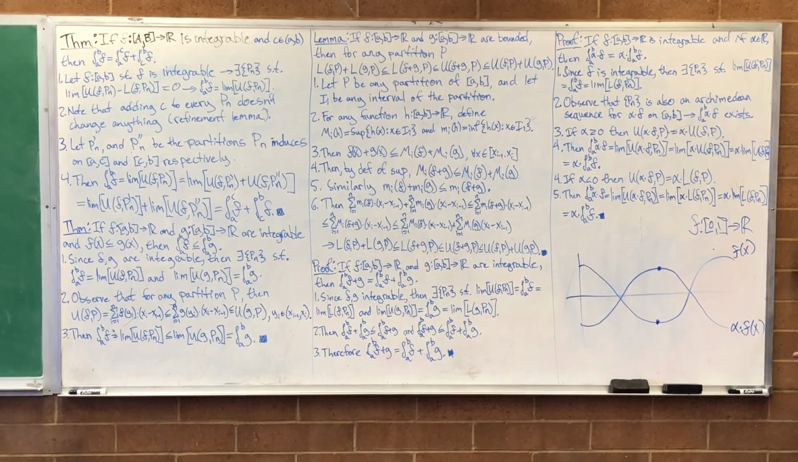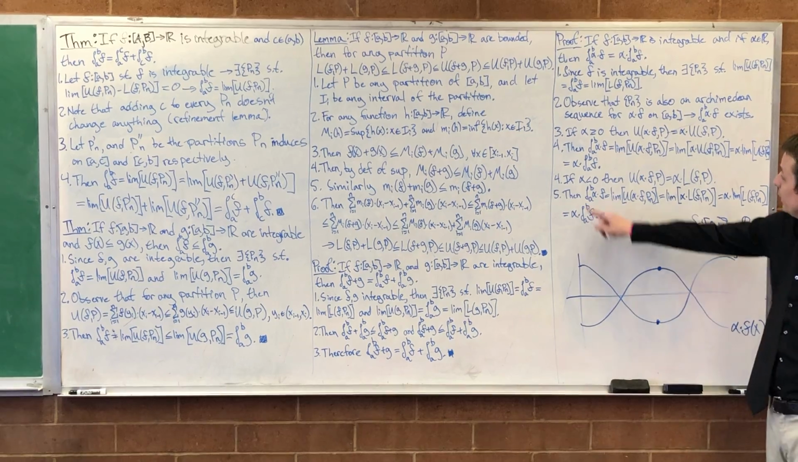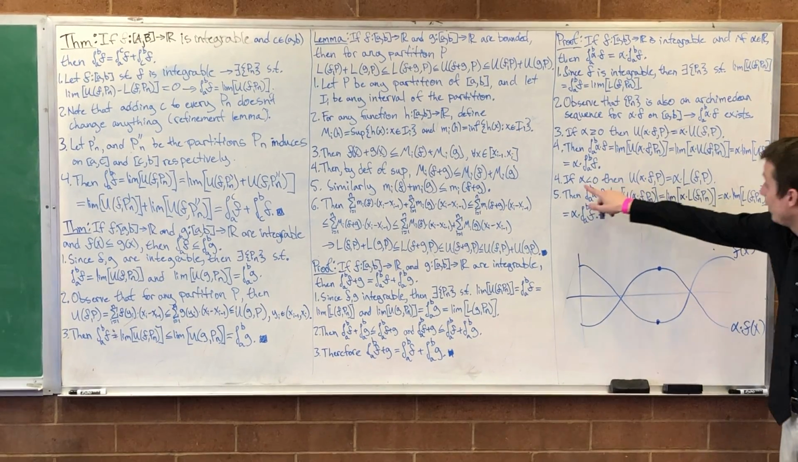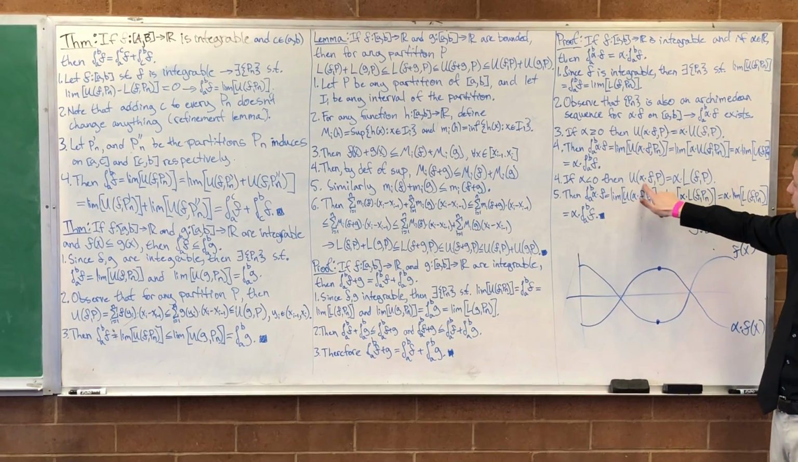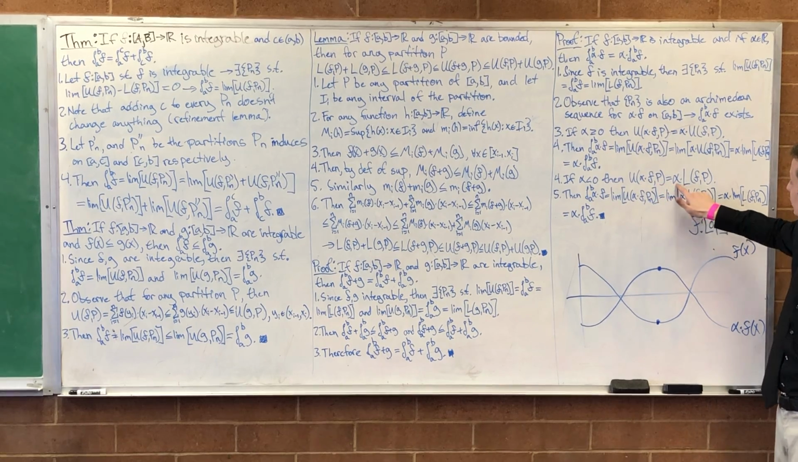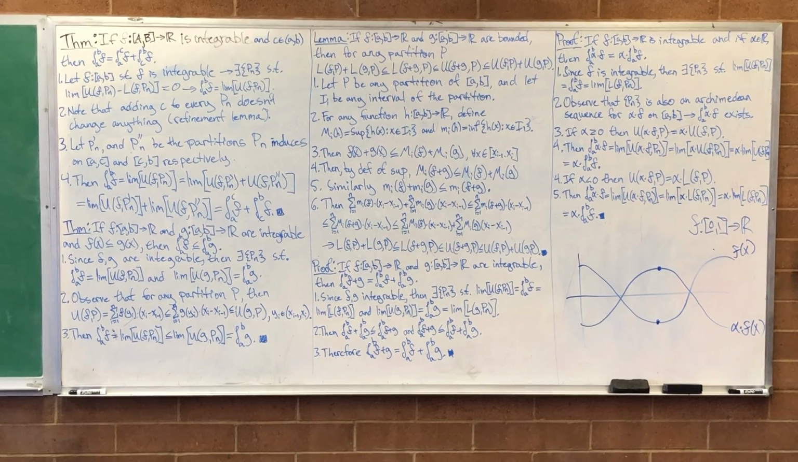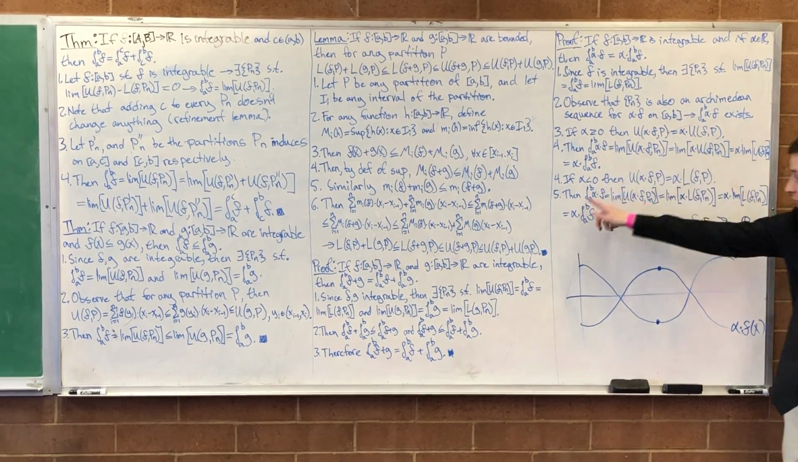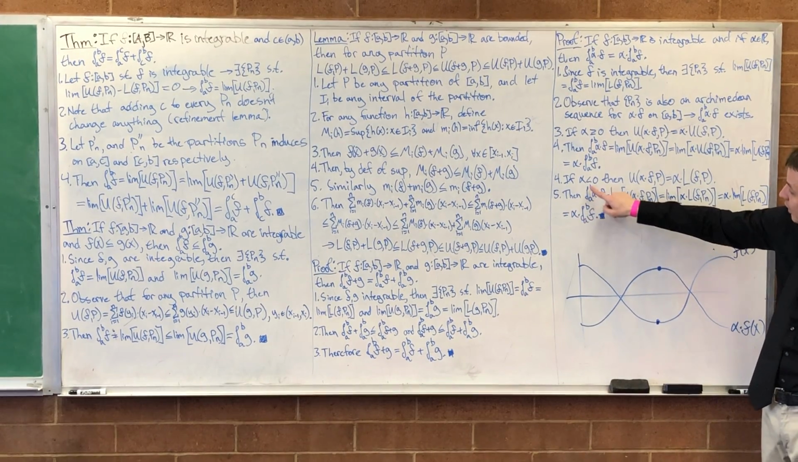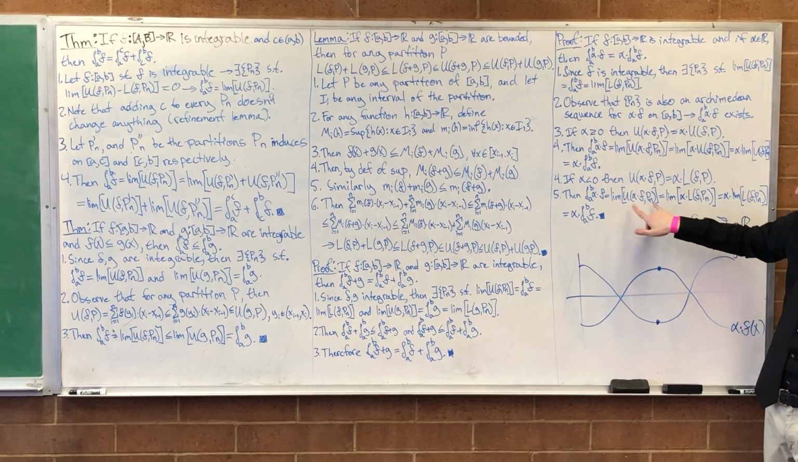So you'll have to reference actual sums to do this proof. Anyway, if alpha is less than 0, then the upper Darboux sum of alpha times f on P is equal to alpha times the lower Darboux sum of f on P. Okay, so now the integral of alpha times f is equal to the limit of the upper Darboux sums,